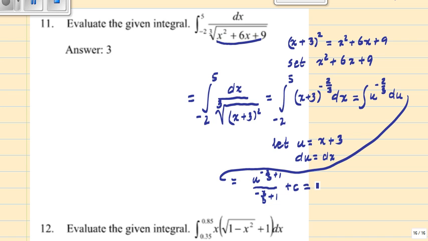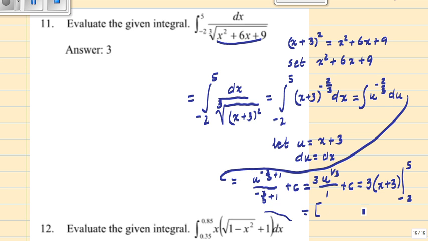Minus 2/3 plus 1 is 1/3, so u to the power of 1/3 divided by 1/3, which is 3 times u to the power of 1/3 plus c. Plug back u equal to x plus 3, so that is equal to 3 times x plus 3 to the power of 1/3, and limits from minus 2 to 5,